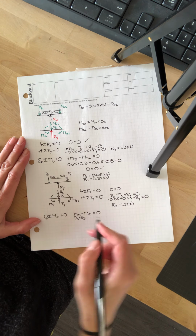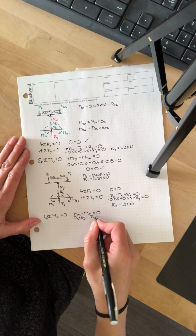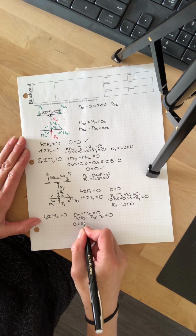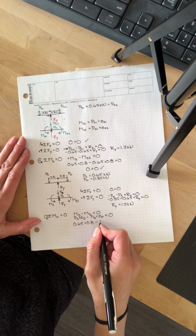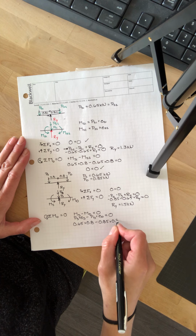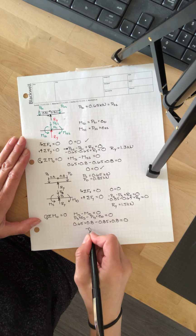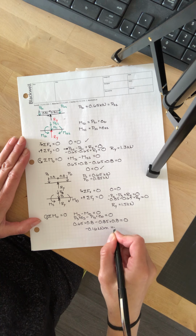And then Dave is spinning it in the negative direction, so the weight of Dave times Dave's eccentricity. The weight of Shannon is 0.65, and she is 0.8 meters away. The weight of Dave is 0.85, and he is 0.8 meters away. If we sum this up, we get minus 0.16 kilonewton meters equals 0,